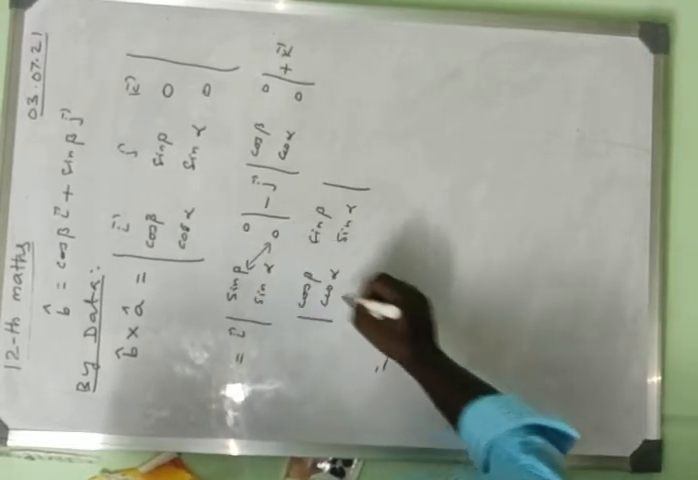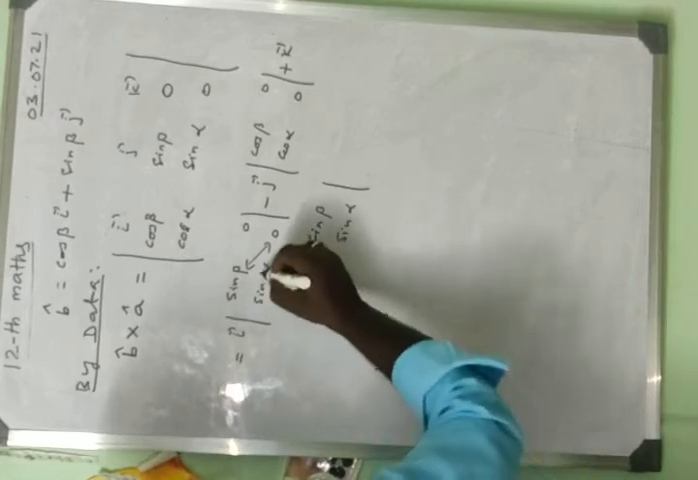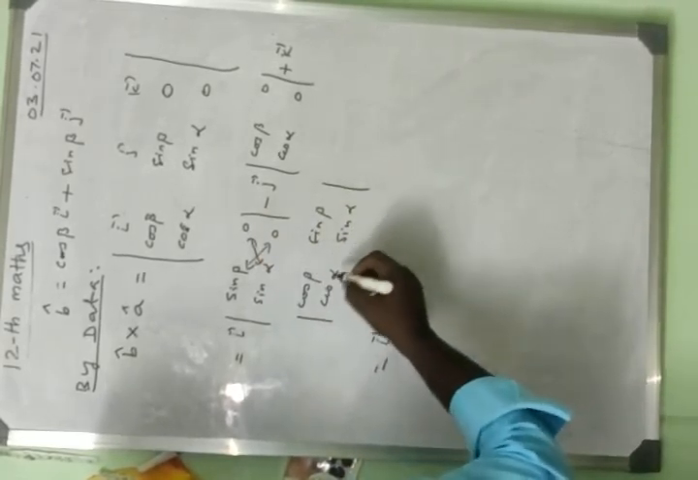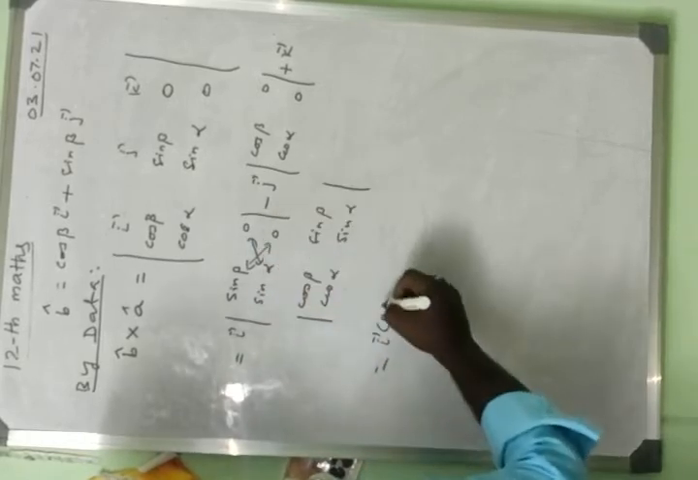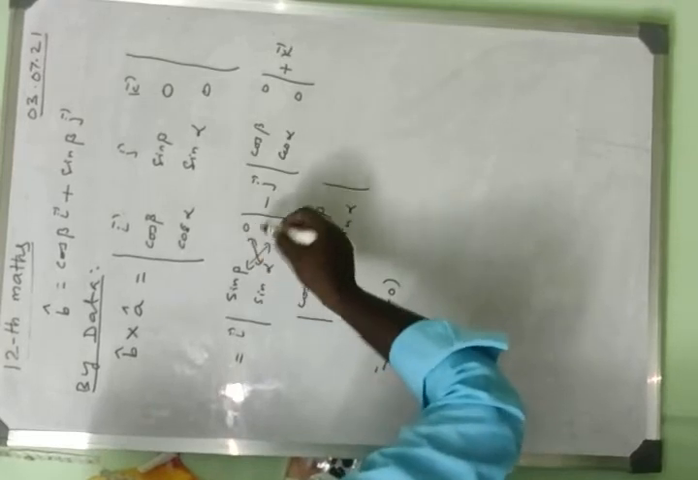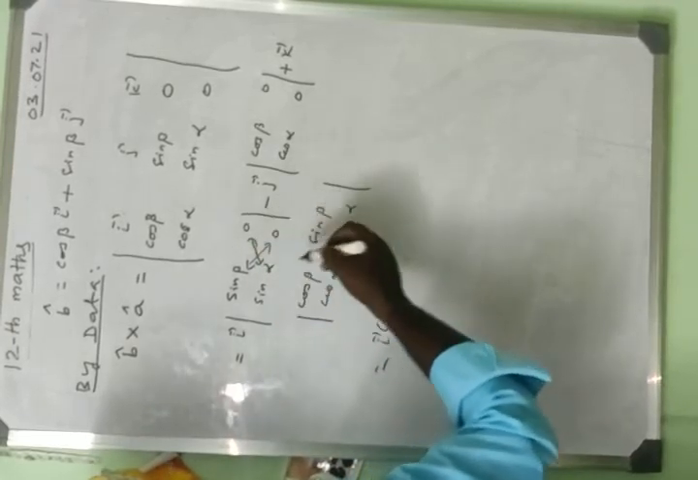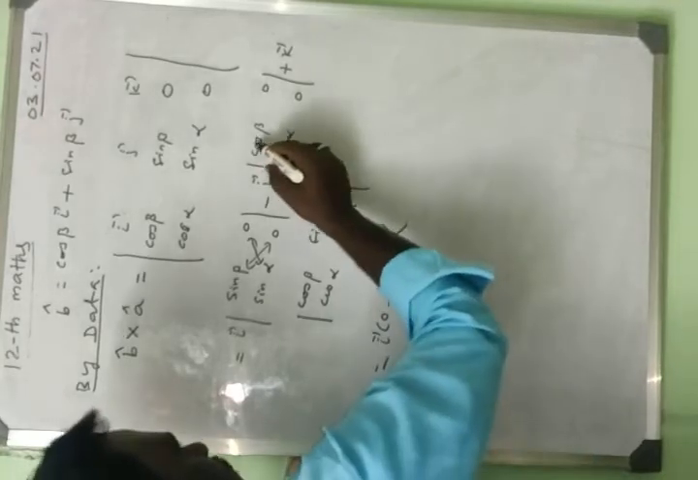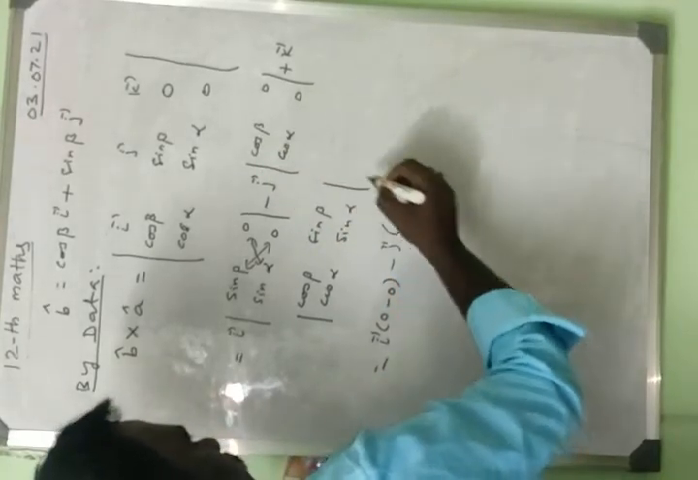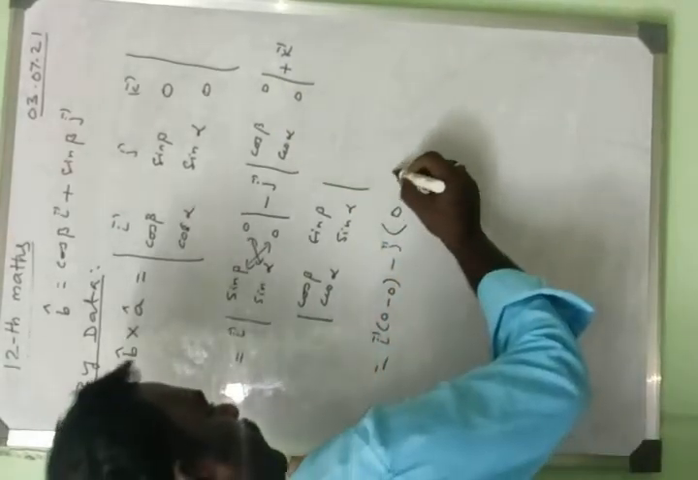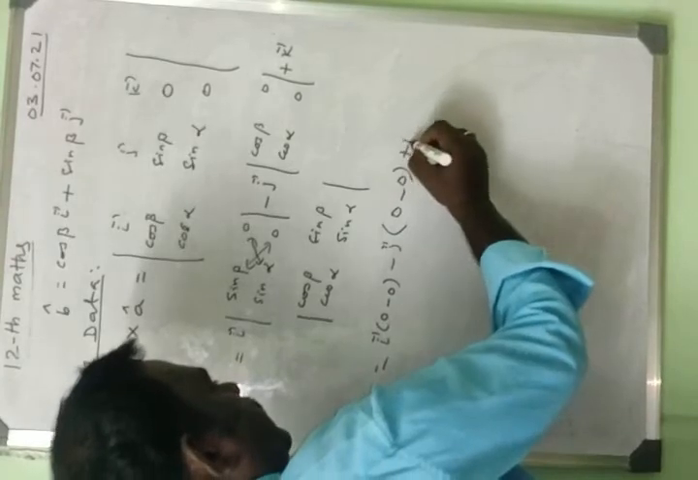Next multiply this term: 0 into sin beta, 0. Now multiply by minus, so minus 0. This diagonal multiplication means minus also multiplies again. So minus vector j into cos beta into 0, we get 0. Cos alpha into 0, we get 0. Minus also multiplies, so minus 0. Then plus